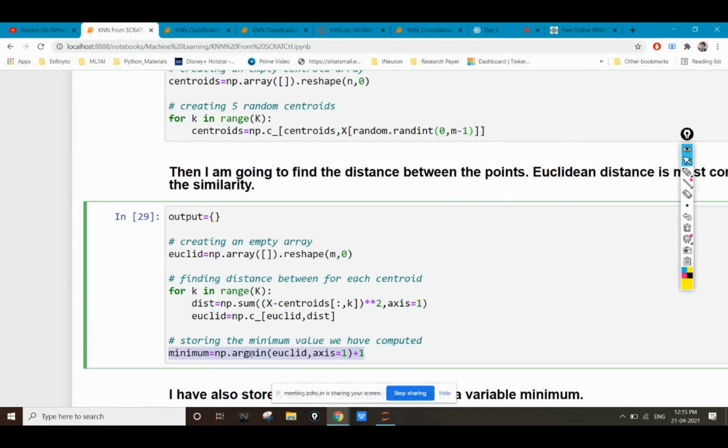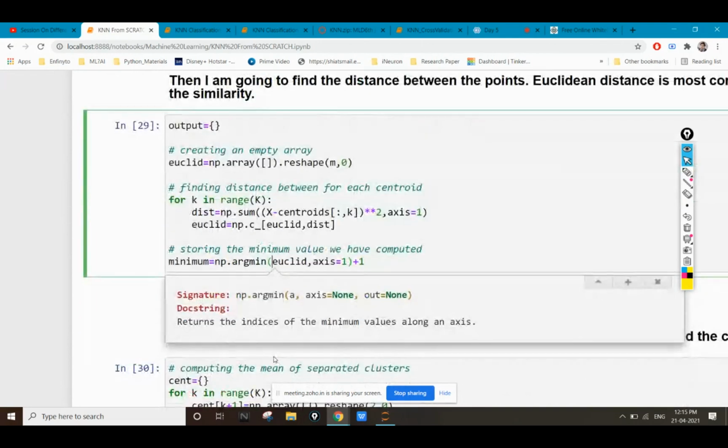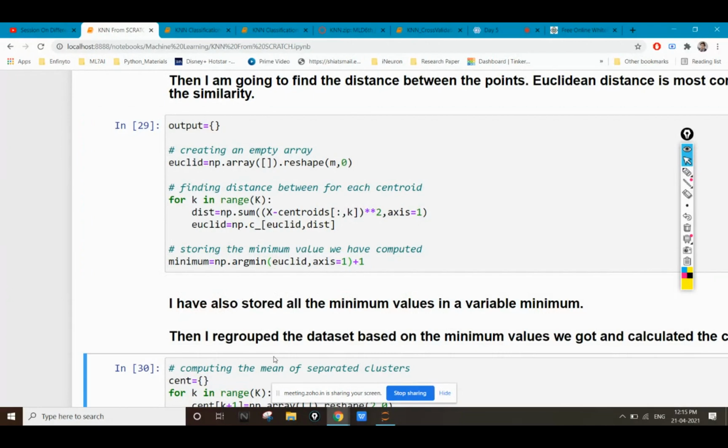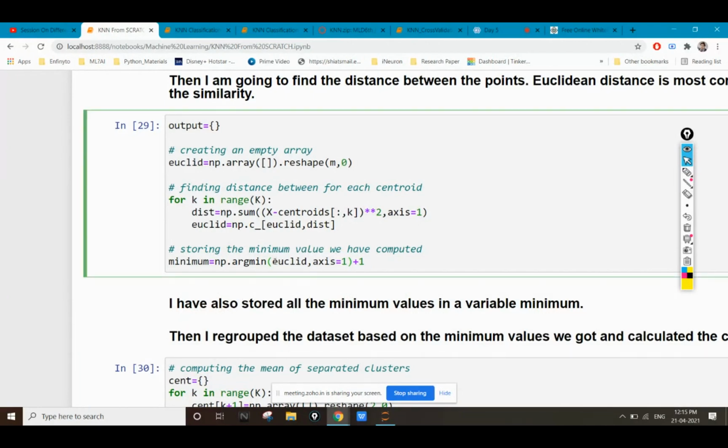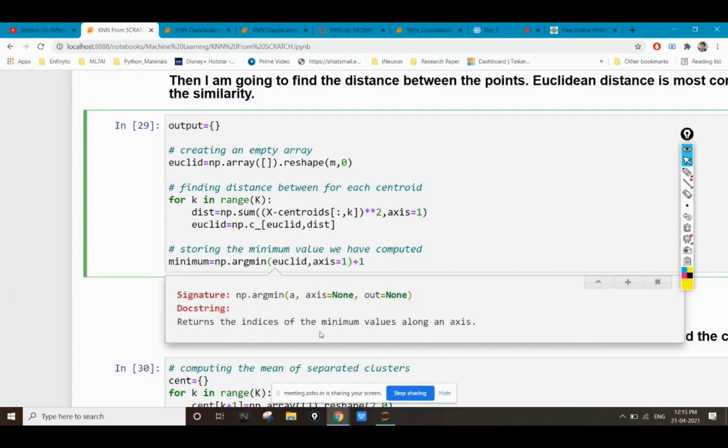Argmin gives me the position of the minimum argument. With the help of argmin, if you press shift and tab, it returns the indices of the minimum value along the axis.